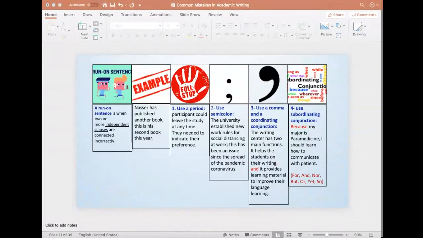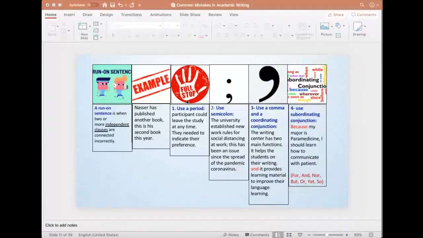Nasser has published his second book. Yes, we might put it in two separate sentences, but we have to make a full stop before the previous one, or separated by a full stop, or even we can put a semicolon like what we will learn here. Okay, the third, here we have using a period, or we call it a full stop. So here we put a full stop once we have written a sentence that communicates a full thought, meaningful,